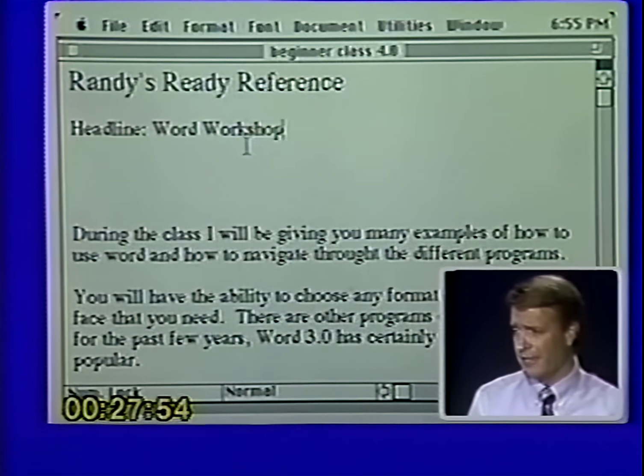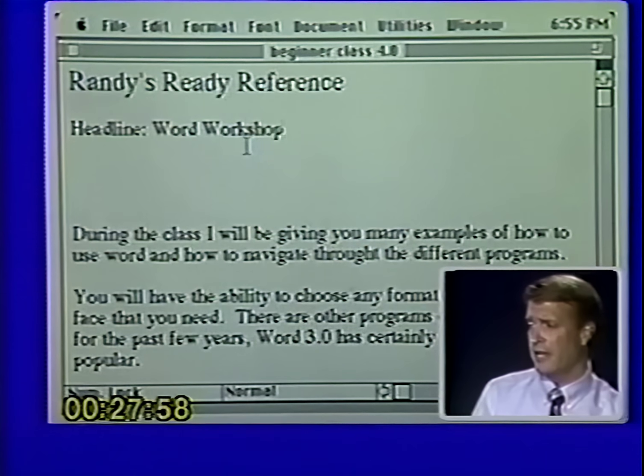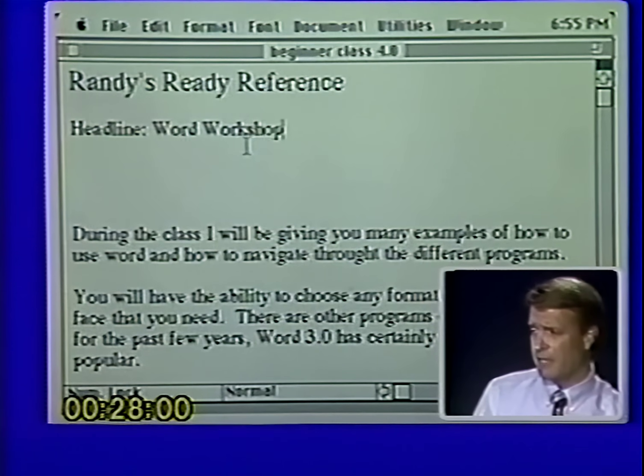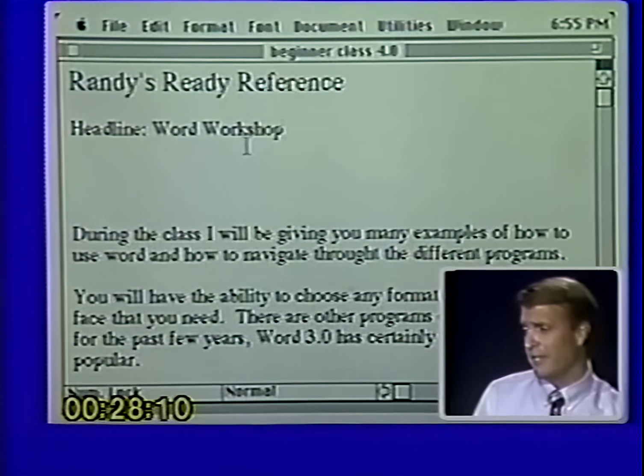All right, so we've gone through deleting and we've gone through inserting. Now I want to combine those two into the next function, and that is deleting and inserting at the same time. You're going to want to do that a lot because that's how you correct copy. For example, if you put in an O and it should have been an I, you're going to want to take the O out and put the I in. So let's go through deleting and inserting.